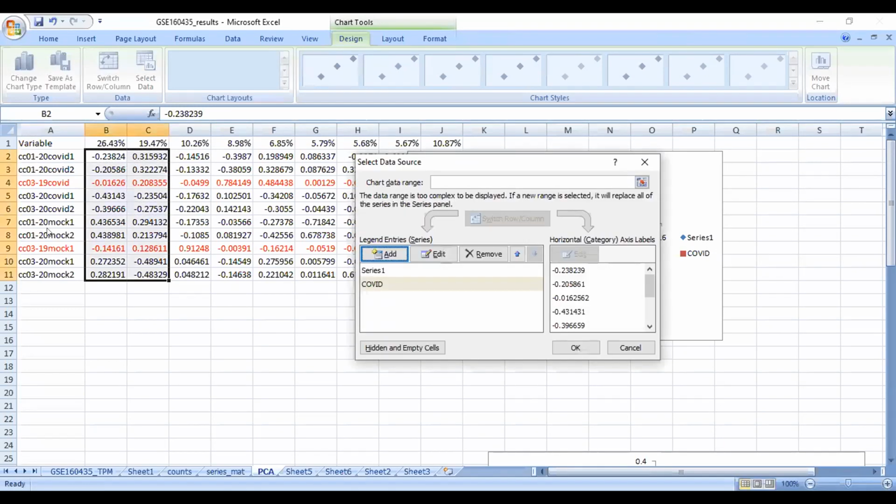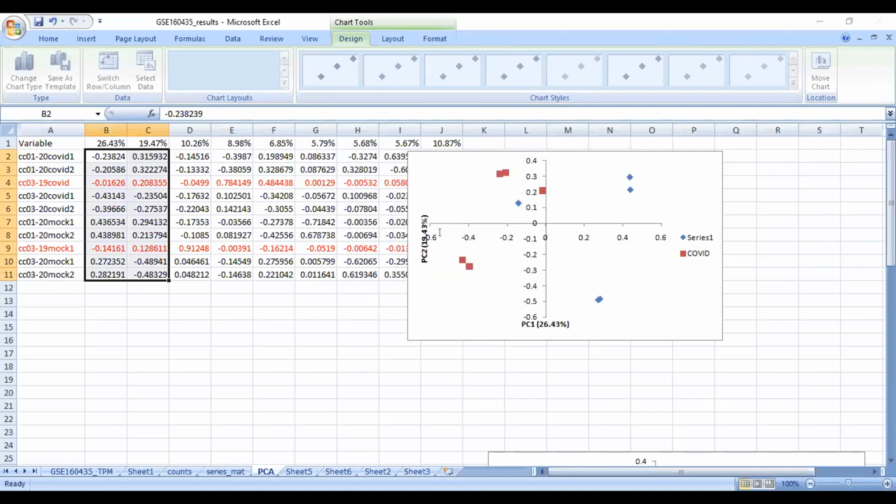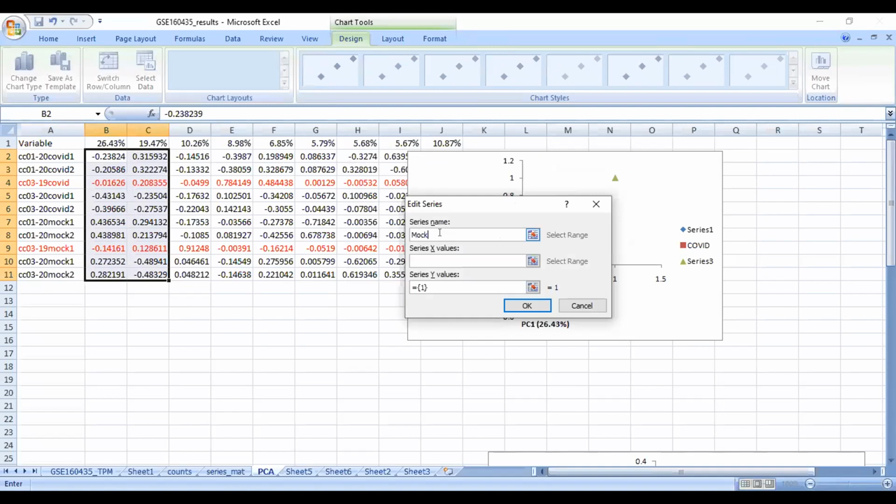Then the next samples that we have are the mock samples, so we can name them. For the mock samples, we set the x-axis values and then the y-axis values.